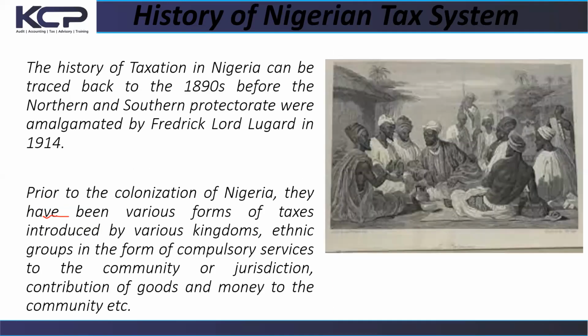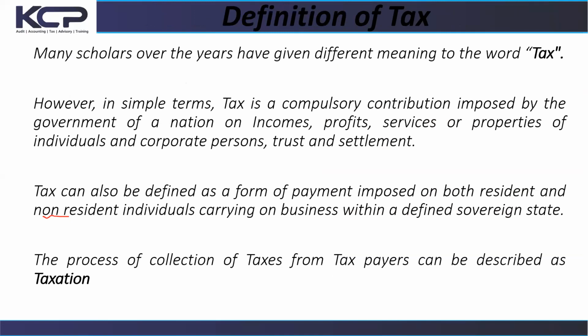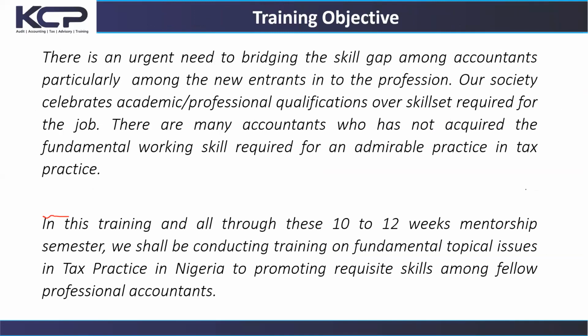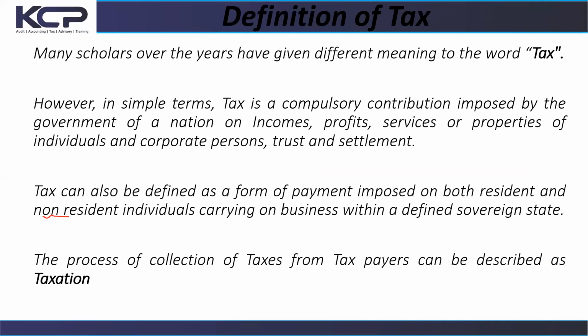The things we've been able to identify thus far, for the benefit of those who just joined us, is the fact that tax is not the same as taxation. The process of collecting the tax is taxation. What you actually pay, which is compulsory and collectible by the government, is subject to you having earned an income, earned a profit, or in the course of the service you have rendered or the property you've owned.